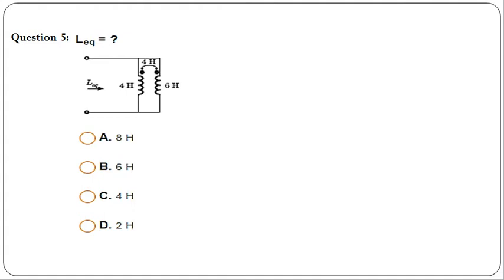So now in this question we have to calculate the L equivalent value. Here there are two inductors and they are parallelly connected and also they are mutually coupled. So this is a parallel connection and coupling here. The two coils are coupled with supporting nature, because suppose this is total current I and it is dividing into two paths, the current flowing in the 6 Henry is I2 and this is I1. Current is entering both dots together, it means this is supporting or adding nature. So the coupling is of supporting or adding nature.